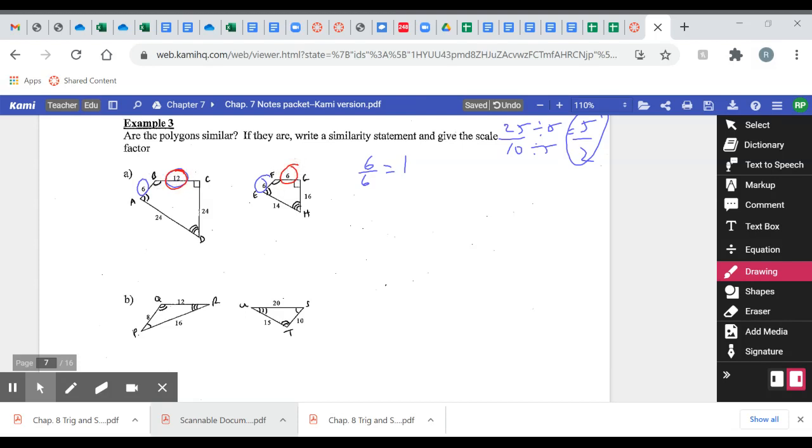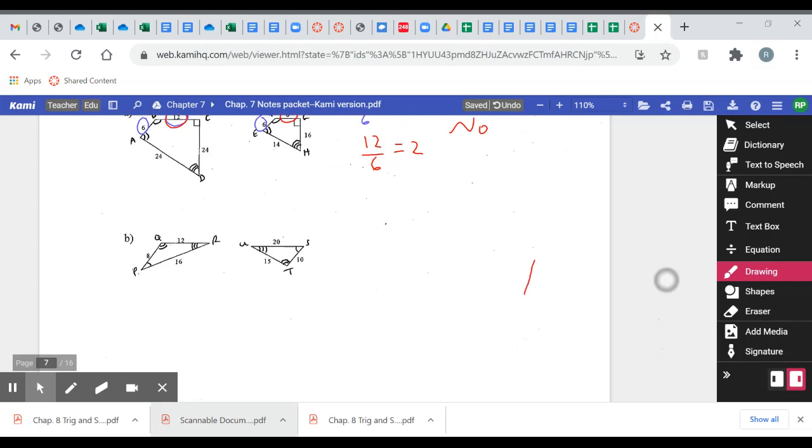12 over 6, they're between the 1 mark and the 90, and I write that as a ratio, I can see that go reduced down to 2. So already, if I see that those two ratios are not the same, then I can say, no, these polygons are not similar. I don't have to check the other ones once I get a no. All right, on B,